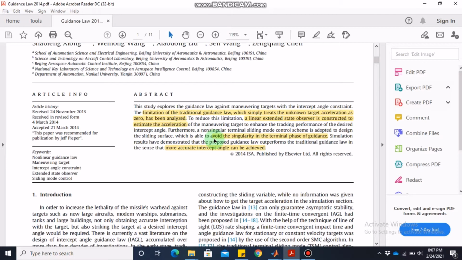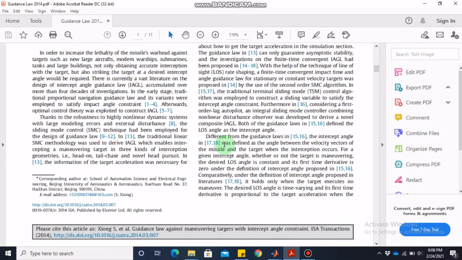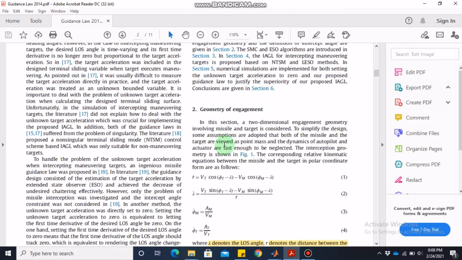And to avoid the singularity in the terminal phase guidance, the sliding surface has been designed with the non-singular terminal sliding mode control scheme. They claim that, and this is not just a claim, they also show using graphs and comparison that a more accurate intercept angle can be achieved using the guidance law designed in this paper. So as usual, we will not go into the details of the paper, we will just focus on